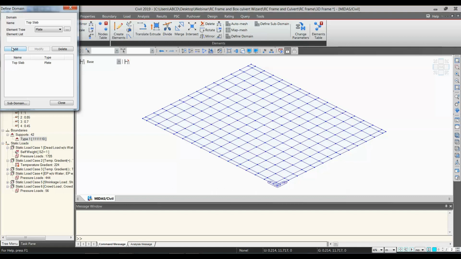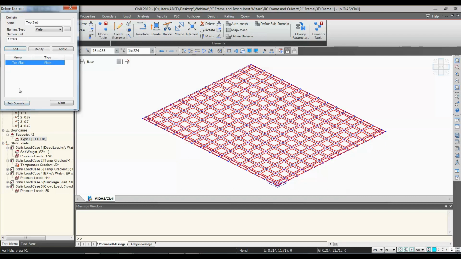For the whole slab the reinforcement will not be similar: at the end it will be different, at mid it will be different. So I will make groups of elements, and as per these groups of elements the reinforcement pattern will change. For that we have to define the subdomain.